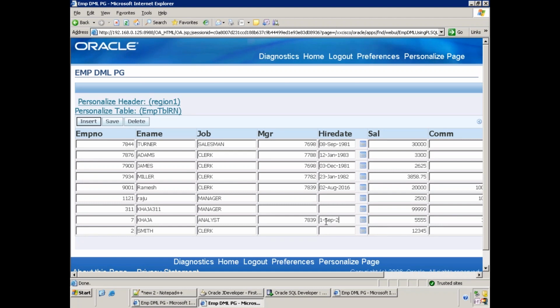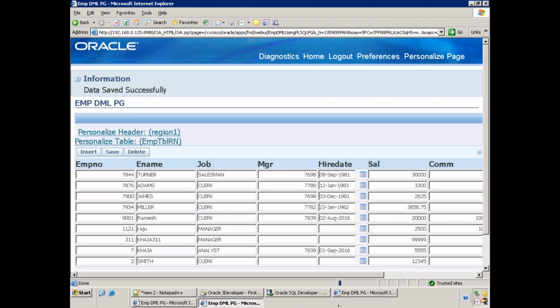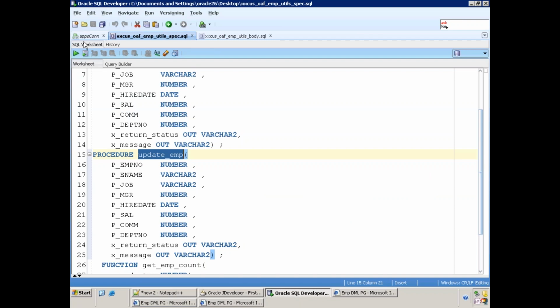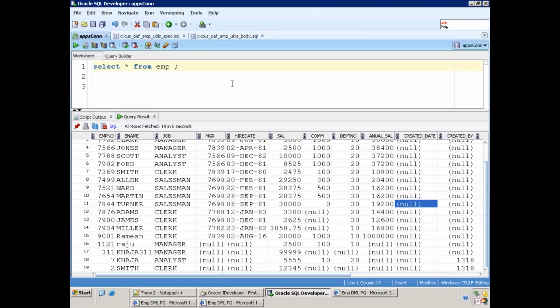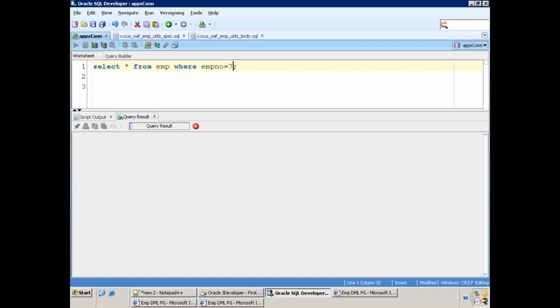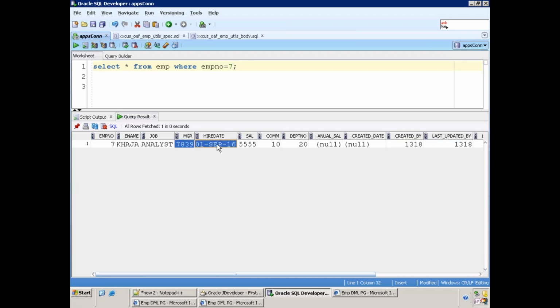Two values I'm updating for the user Kaja, employee number 7. Now click on save and check in the database. Got it? Yes, that's how we can perform the updation.